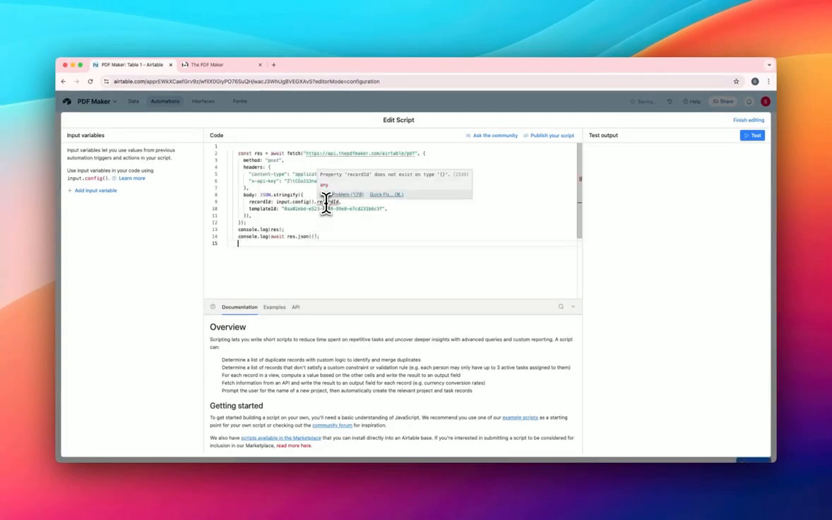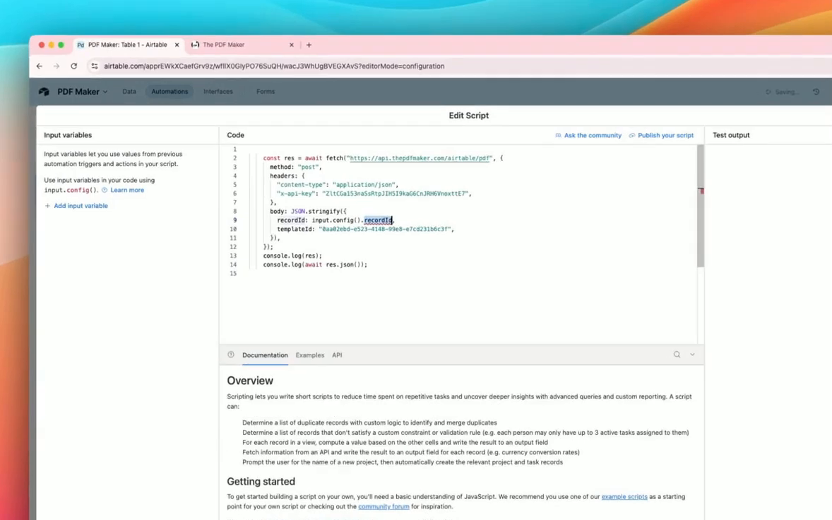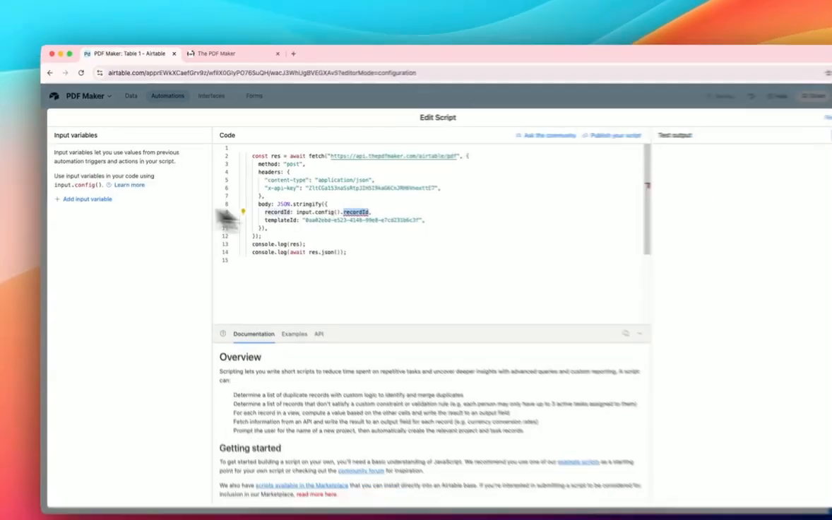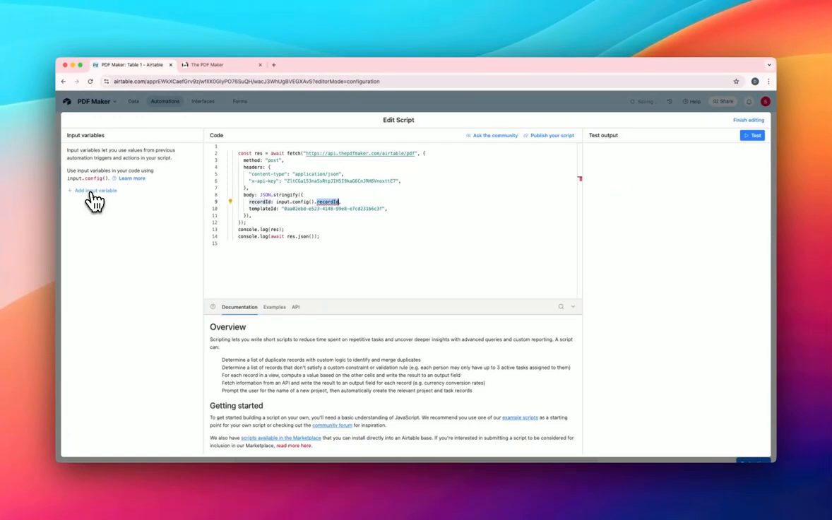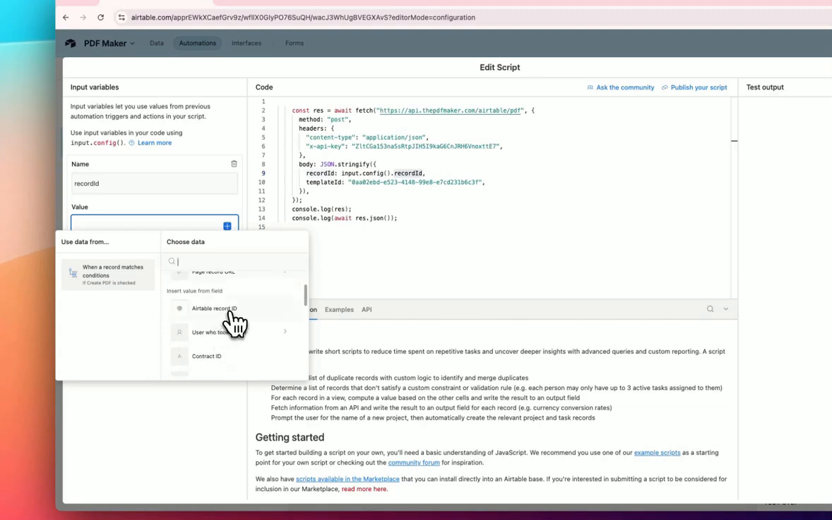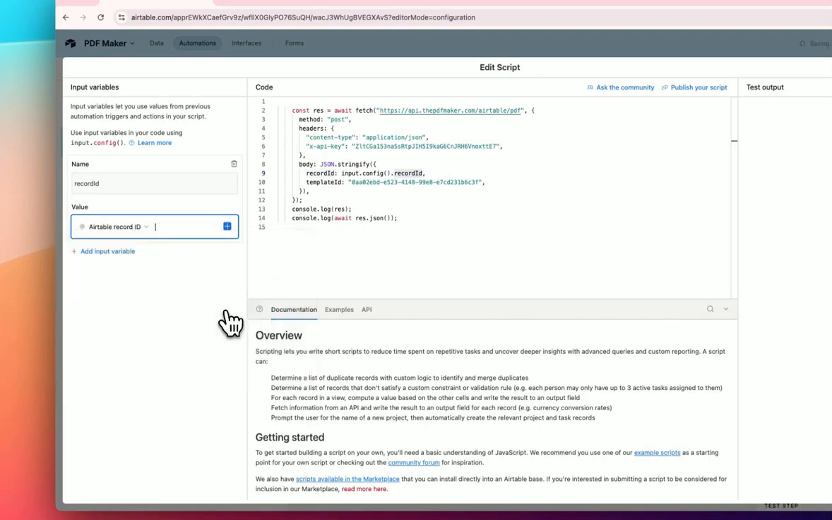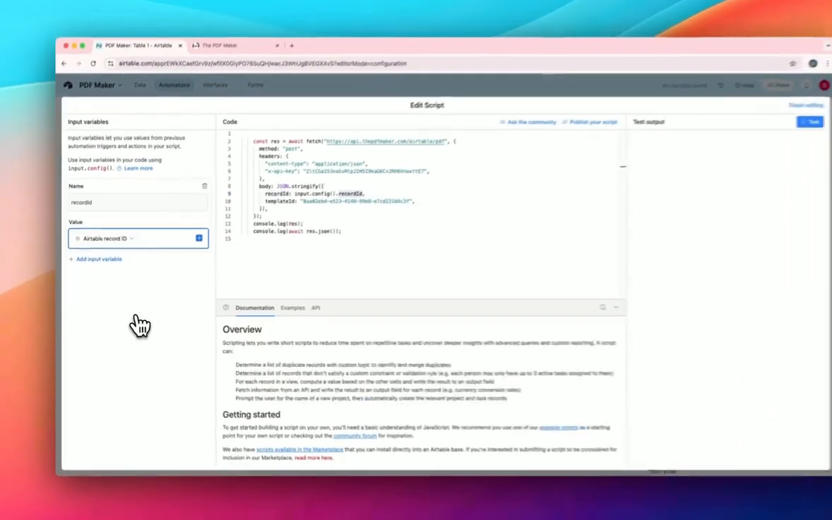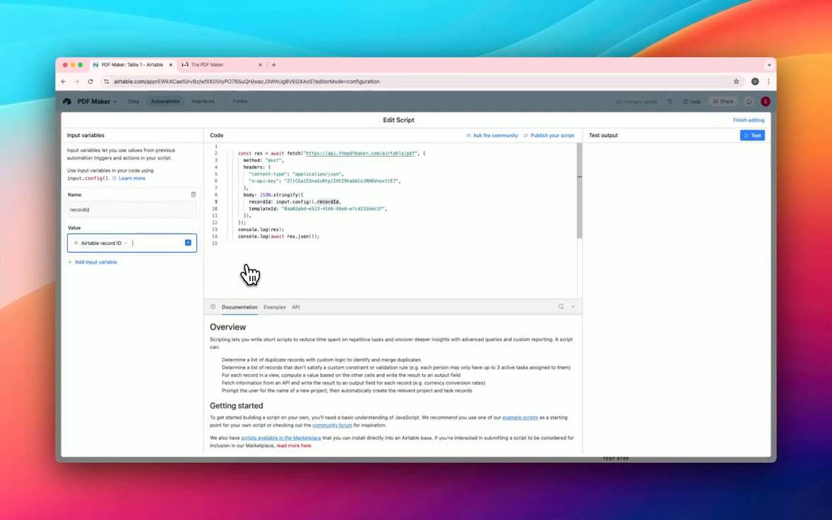And here you will see this red line, which means there is something wrong, and to fix it, just copy it, and here click on this add input variable, and in the name value just paste what we copied, and in the value click on this plus icon and scroll down. You will see Airtable record ID. Select. So this is very important, you have to do this, otherwise it won't work. So after you're done, just click on finish editing